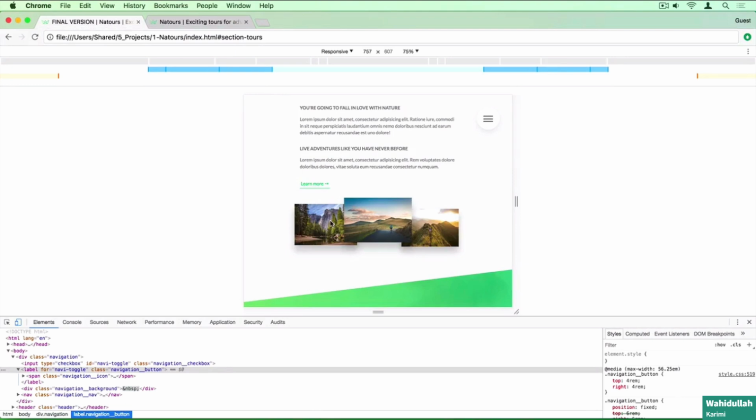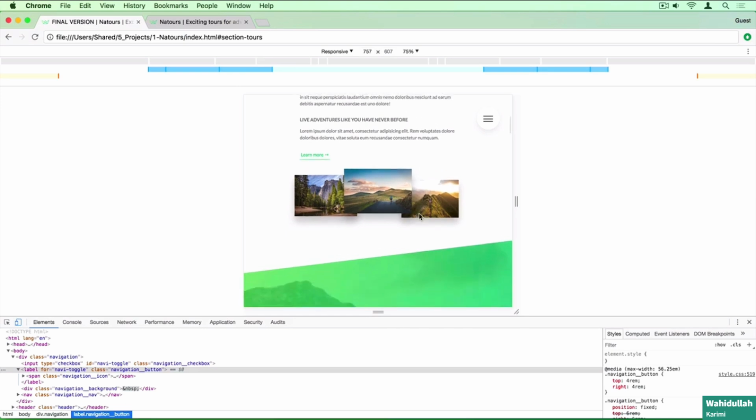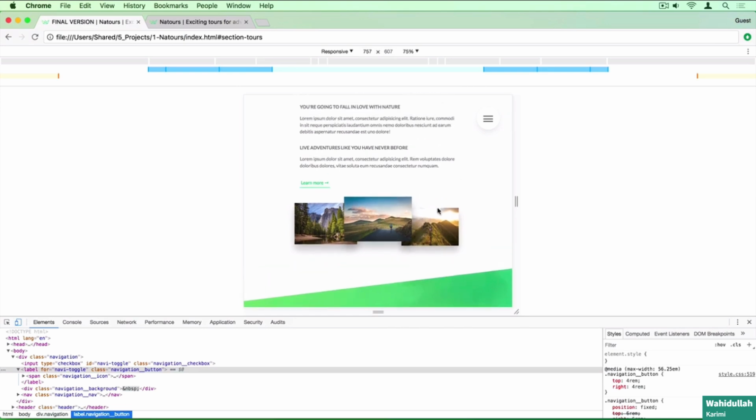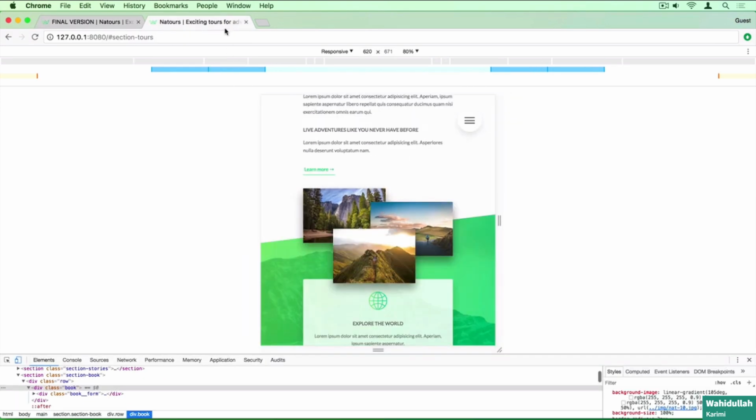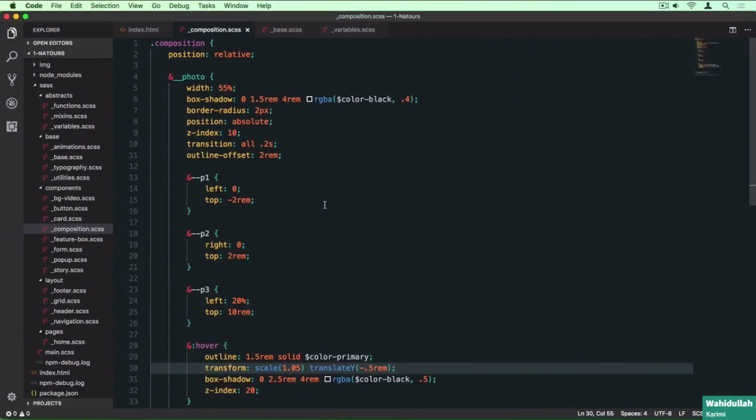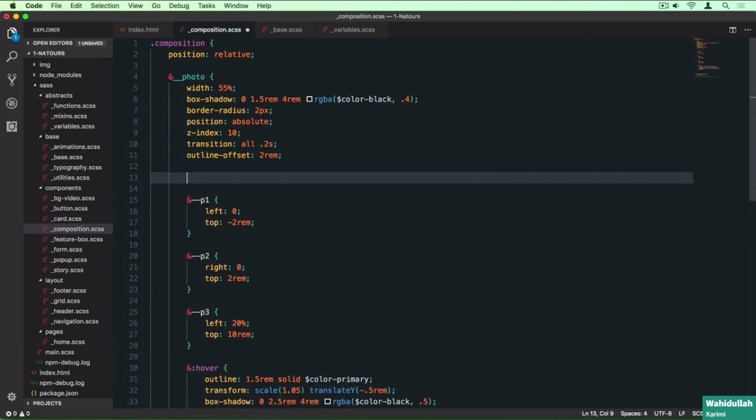Okay, so we have basically the images side by side. This one here is a bit bigger than the other two. So it's like scaled and looking as if it was on the top, but they're now configured in a slightly different way than they were before so that they don't occupy so much space. So let's do that. And we need to make a lot of changes here. So starting with the photo, of course, because that's where the image itself is. So include,